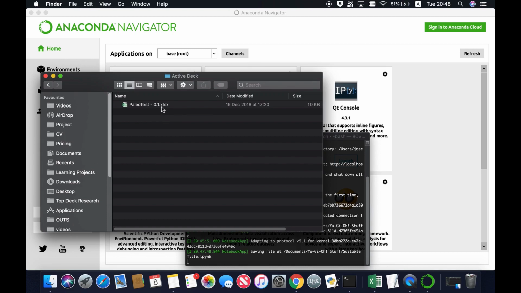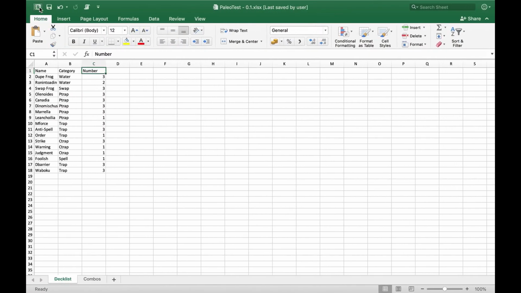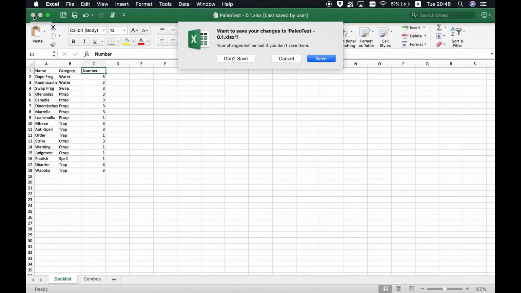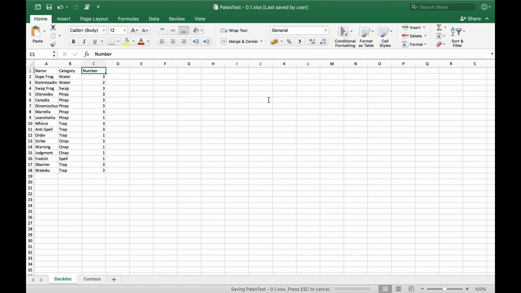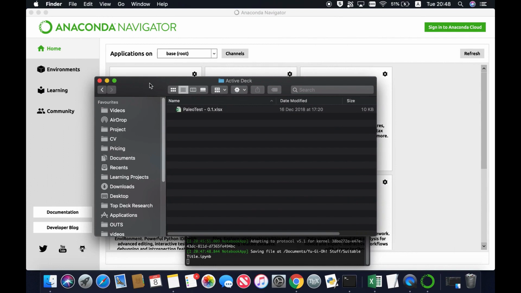That is just because the script is going to look specifically for .xlsx files, and when you want to run the script, you need to make sure that your Excel file is closed. So I'm going to go ahead and close this and save it as it is now, so that we can get working with that. But you still don't have any actual code set up, so we're going to go ahead